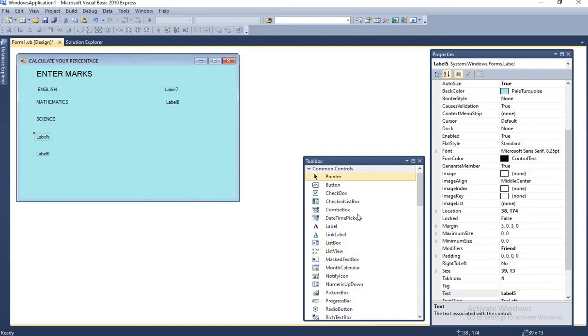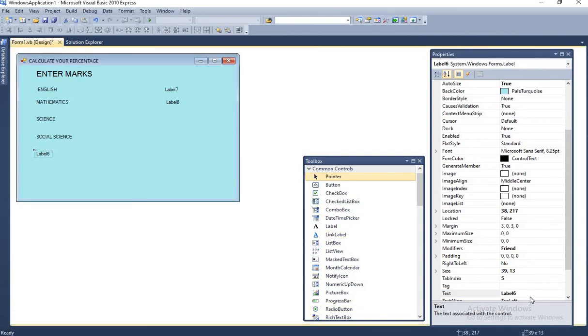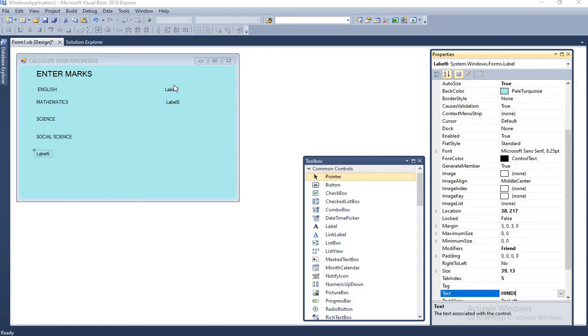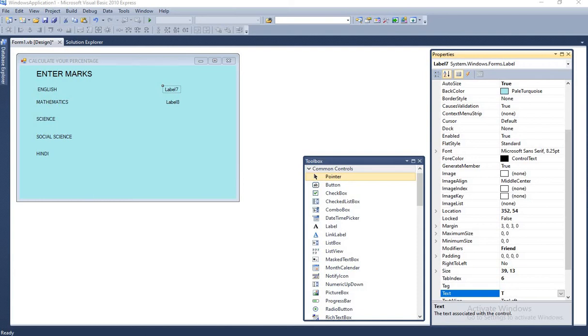Then the next one is for social science. Then the next one for Hindi, and these are 2 labels which are for total marks and percentage.